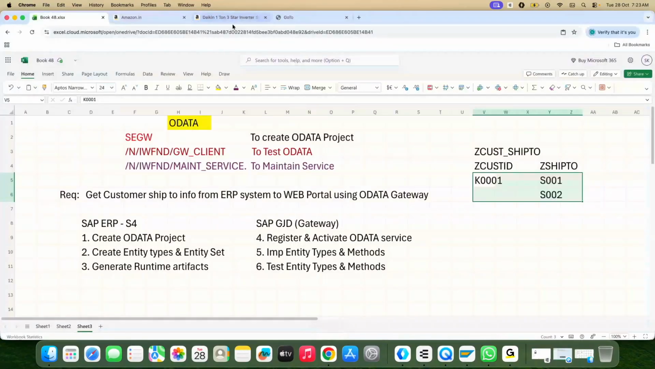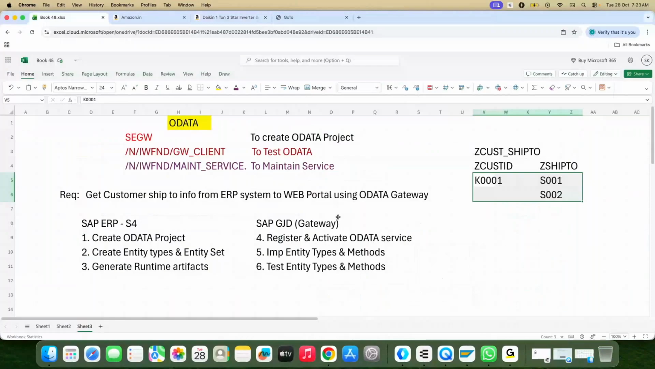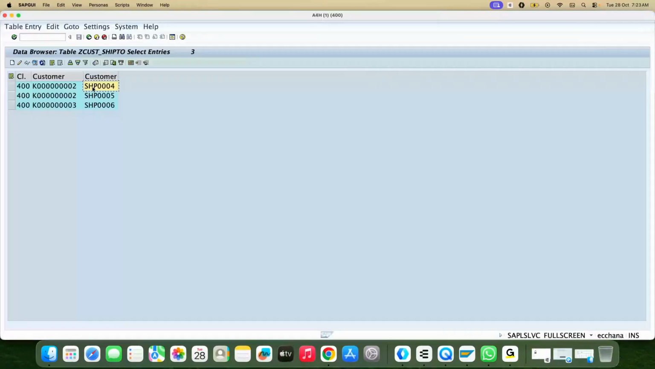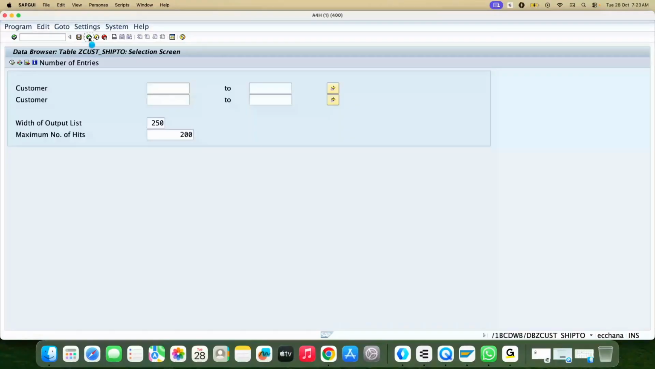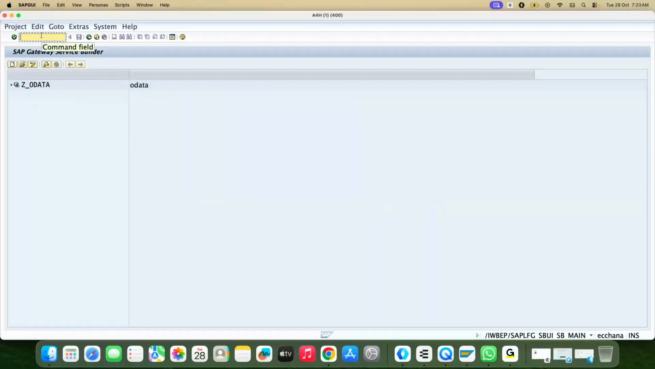When he goes to place orders from the website and clicks on delivery locations, we need to show the delivery locations we have on the ERP side at the website level. To show this information, we have to create an OData service. Where will we create the OData service? In the SEGW transaction. So go to the SEGW transaction,